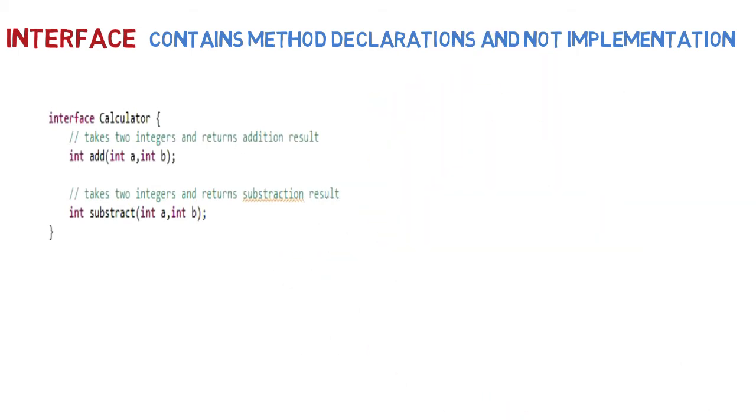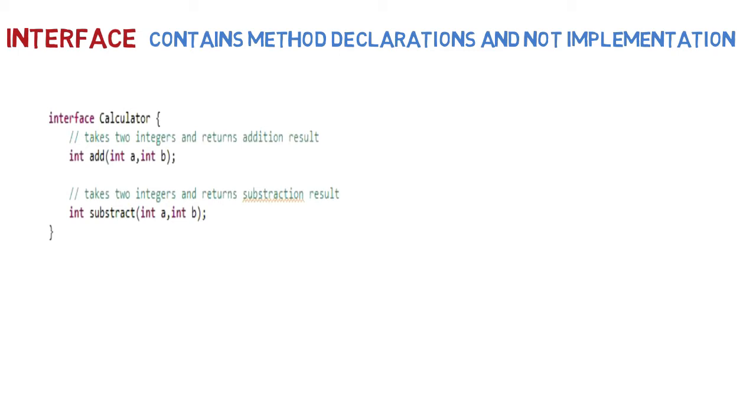Let's say interface Calculator. And this interface is for telling the user that the calculator has the following methods, such as add, subtract, divide, multiplication, etc. In this particular interface, if you observe here, we are not going to tell the user how the addition or how the subtraction is performed. That is, the actual calculation is not going to be shown to the user.